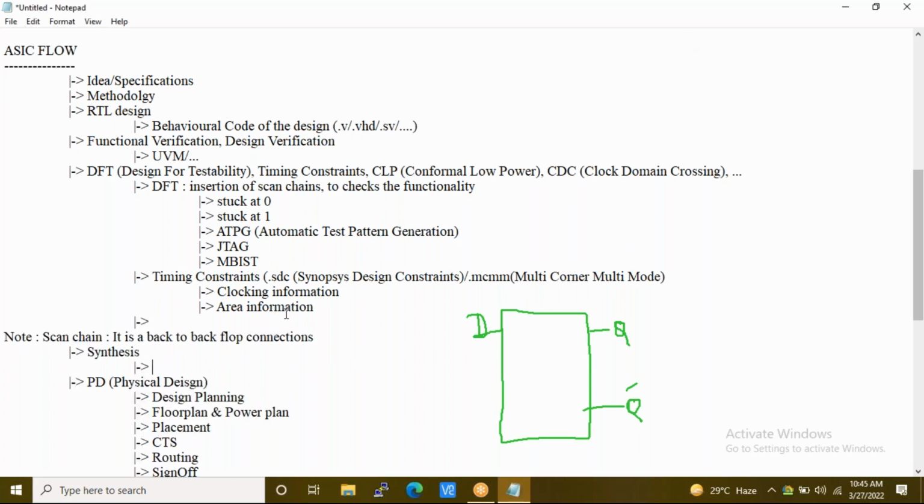Okay. So we were discussing scan chains, right? We know that when we consider a D flip-flop, we have D, Q, Q bar. Along with it, there will be a few more pins. If you remember, when we consider a flip-flop or a register, you will have a clock pin.